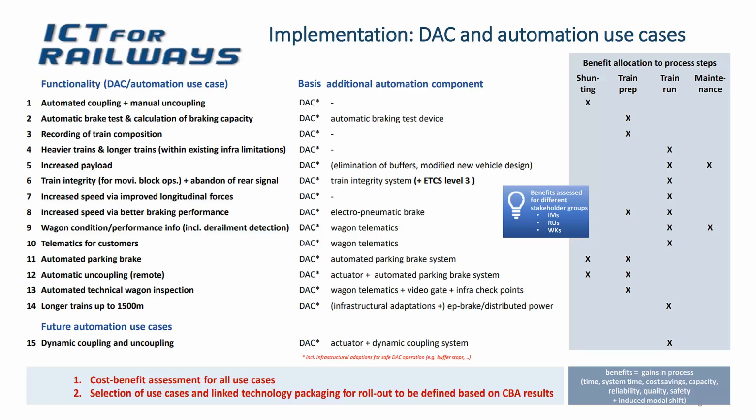So what you could see here are the use cases, because I mentioned before, when we're talking about the digital automatic coupler, we're not necessarily only talking about the coupling and uncoupling processes. We're talking about some other processes, like automatic brake testing, like building heavier and longer trains, to have train integrity, to make it feasible also in the future to introduce ETCS level 3 also with freight train, to introduce EP